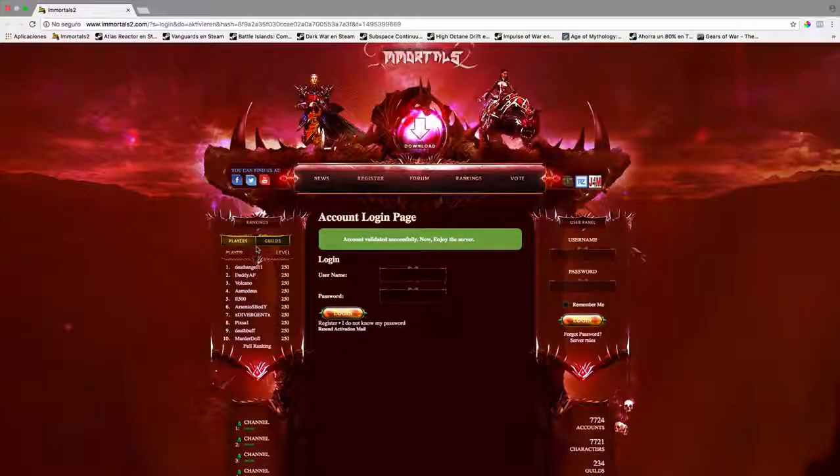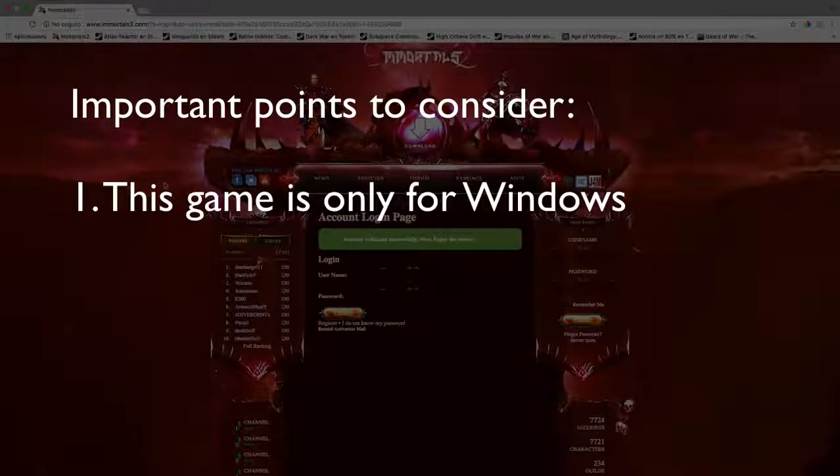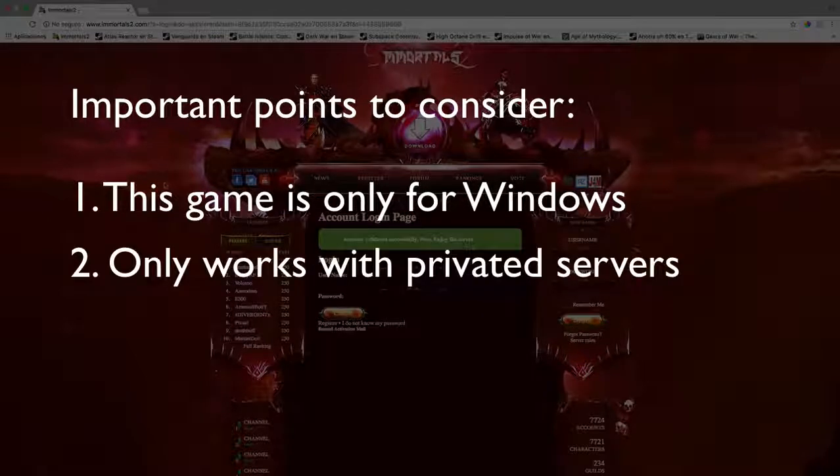So to install Metin2 on our Mac, it's very important to have the following points to consider. The first point is that this game is only for Windows, and we are going to install it using the application Wineskin that converts a Windows application into a native Mac application. The second point is that we cannot install the official server of Metin2. So the solution is to install a private server. For that reason, I recommend the server Immortals2, which is a good server and has a good number of players,